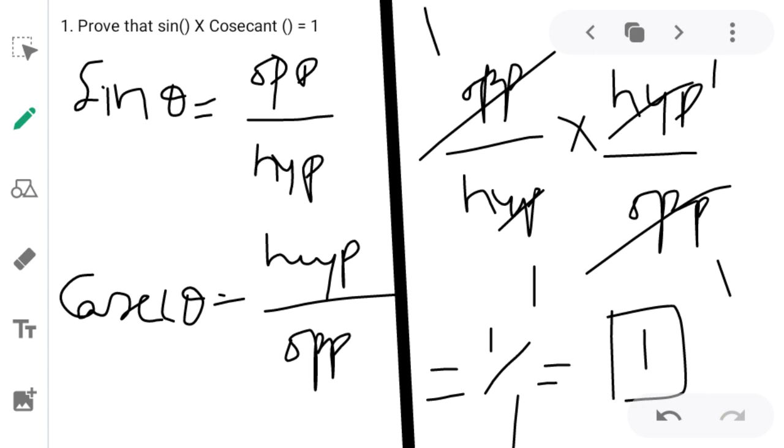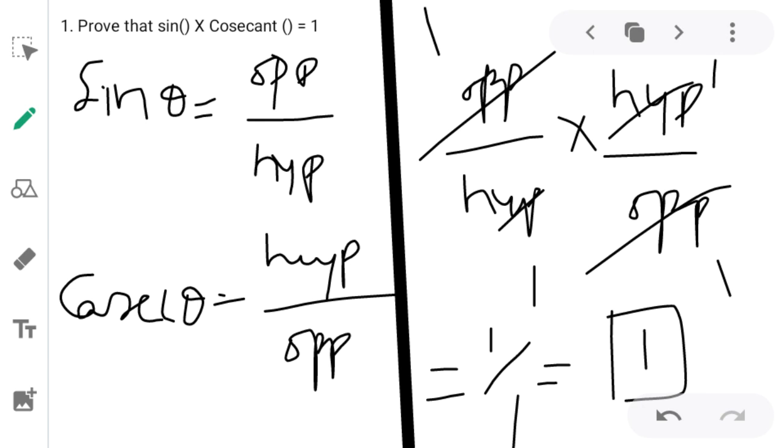As we know, sin theta is the ratio between the opposite side and the hypotenuse. Cosecant theta is the ratio between the hypotenuse and the opposite. When we multiply both the primary and secondary ratios, we get opposite by hypotenuse into hypotenuse by opposite. The opposite in the numerator and the opposite in the denominator of cosecant cancel once. The hypotenuse in the numerator and the hypotenuse in the denominator cancel once. When 1 multiplied by 1 gives 1 in the numerator, and 1 multiplied by 1 gives 1 in the denominator, 1 by 1 gives the answer